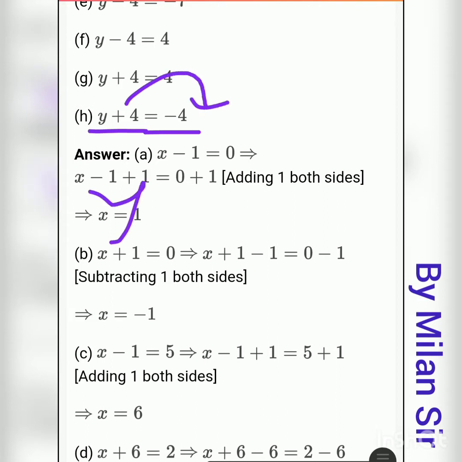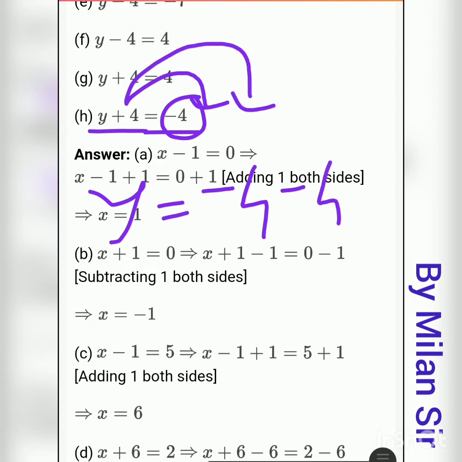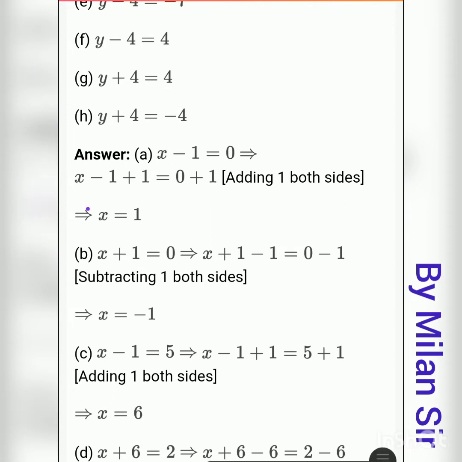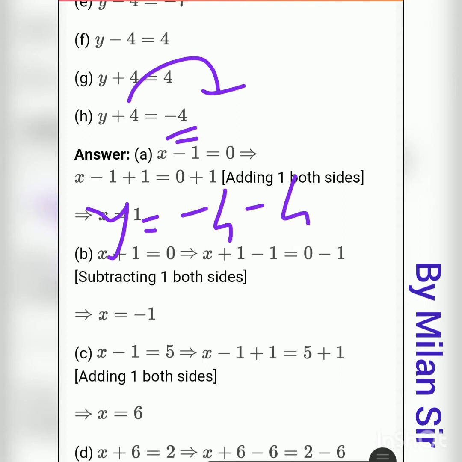So y is equal to, here first of all we have -4, that -4 is as it is. Now if we transfer this plus 4 to the right hand side, it also becomes minus 4. Okay, first of all we have this minus 4 as it is. Now this plus 4 becomes minus 4. Okay, so minus minus plus, that means we need to add these two numbers, 4 plus 4 is 8, and